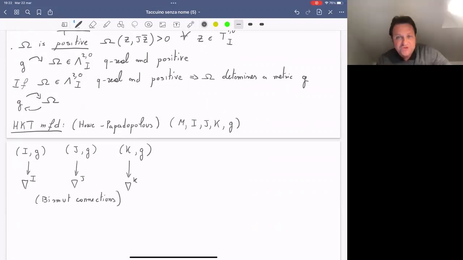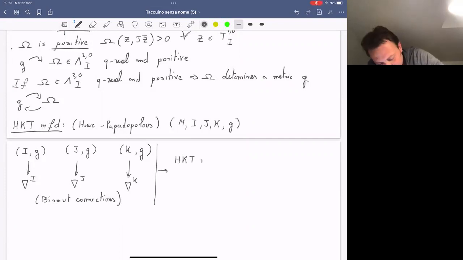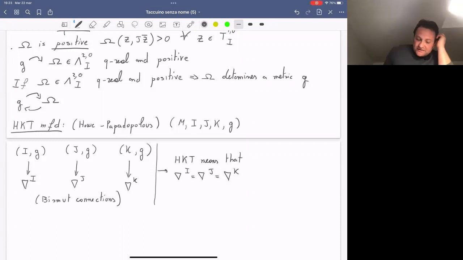In general, these three Bismut connections are different from each other, but the definition of HKT means that the three Bismut connections are the same. So it means that nabla I is the same as nabla J and is the same as nabla K. Well, so this is the original definition of HKT manifold, and a little bit later, Grantcharov and Poon